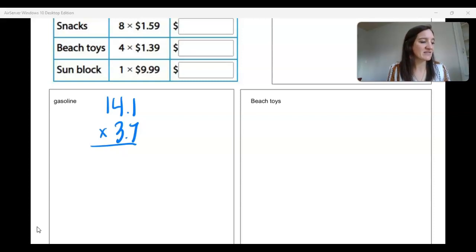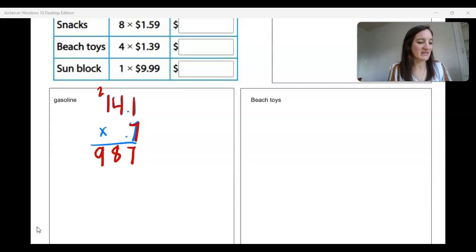7 times 1 is 7. 7 times 4 is 28. 7 times 1 is 7, plus 2 is 9. Now we're going to times everything by, whoa, you see it just went away? By basically 30, right? So we're going to put a 0 here. 3 times 1 is 3. 3 times 4 is 12. And 3 times 1 is 3, plus 1 is 4. I'm going to add that up, and that gives me